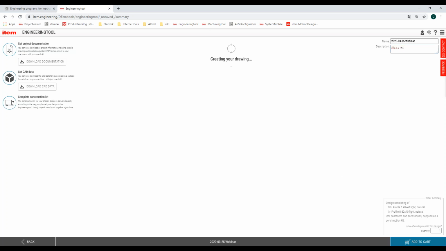As soon as I click on add to cart, or I click on download documentation, or download CAD data, or something like this, I need to log in. And this is something which I will do now. I log in with my name and my user account.